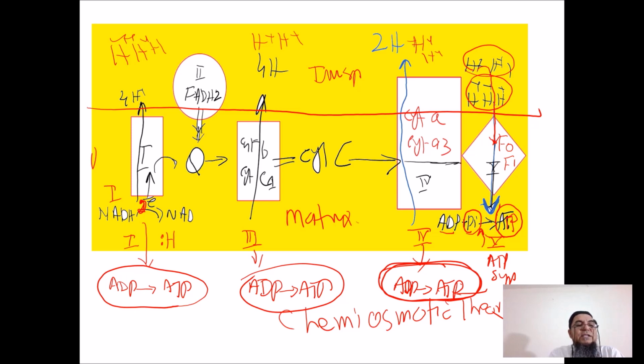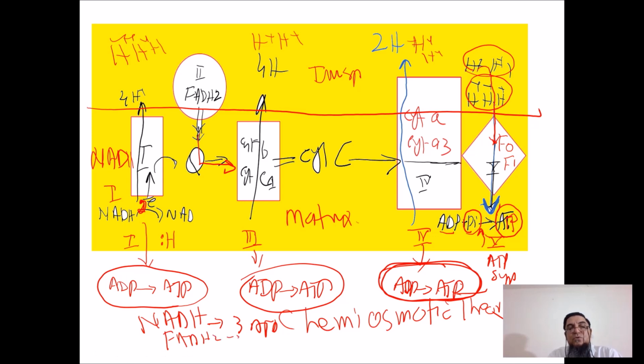That's why when NADH enters into complex 1, NADH will attain all three levels. That's why 1 NADH will give us 3 ATP, whereas FADH2 enters at coenzyme Q, and we know that the electron will move from negative to positive, so it will move from here to here. So FADH2 will attain 2 energy levels. That's why FADH2 will give us 2 ATP. I hope it's clear now.